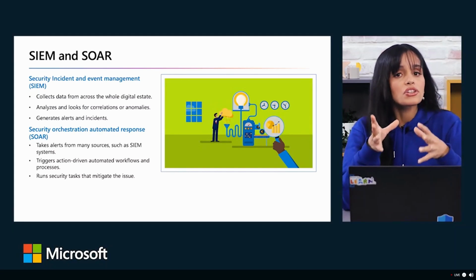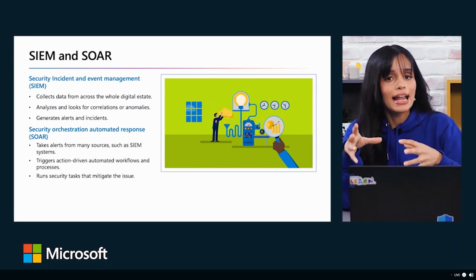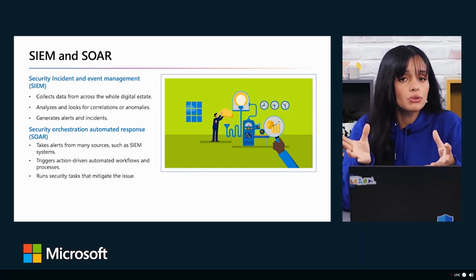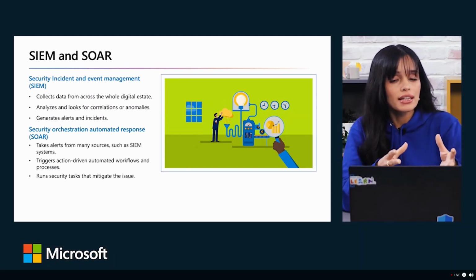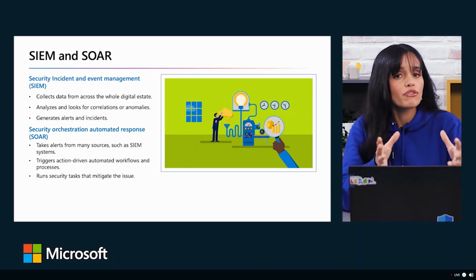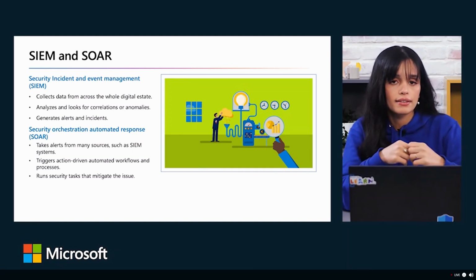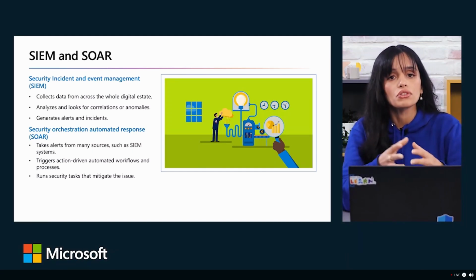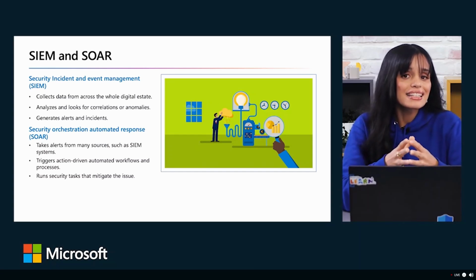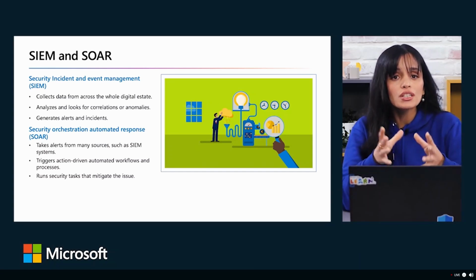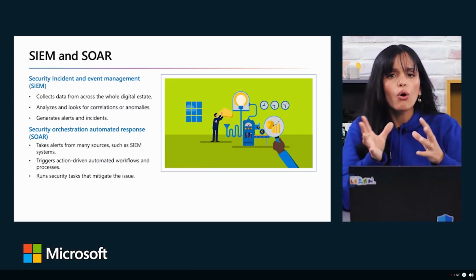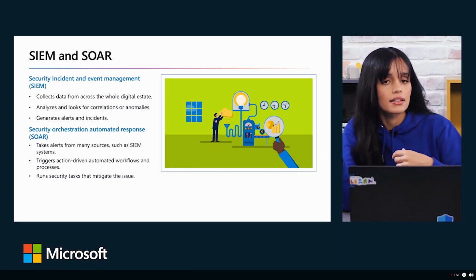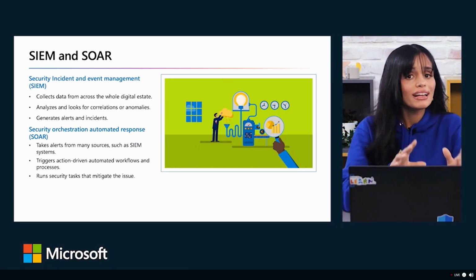SIEM is security information and event management. A SIEM system is a tool that an organization uses to collect data from across the whole estate, including infrastructure, software, and resources. It thus analyzes, looks for correlations or anomalies, and generates alerts and incidents, while SOAR is a